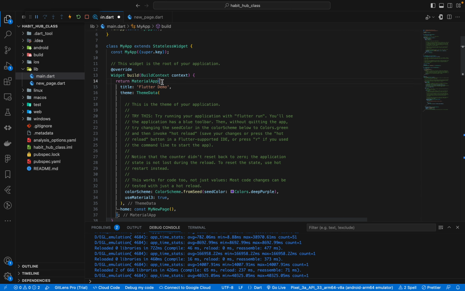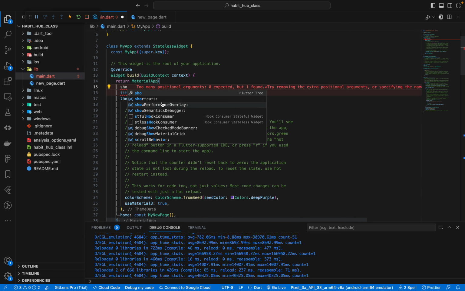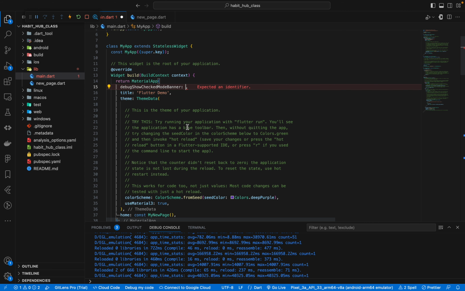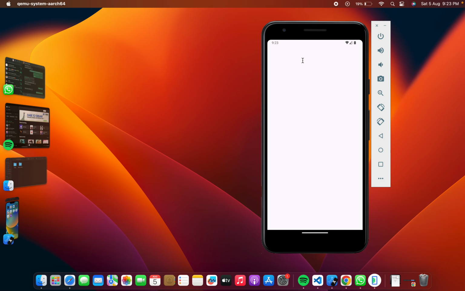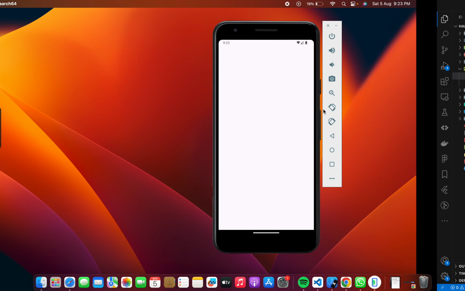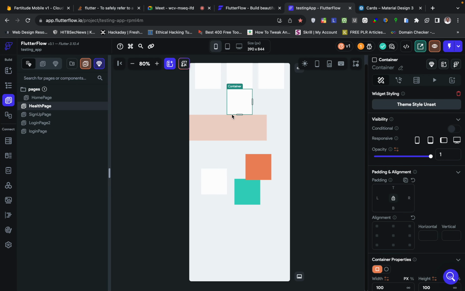Actually it's supposed to be inside of material app: debug show checked mode banner, which you set to false. Now that is going to go, and you can see it's no longer there. So now to build something like this,